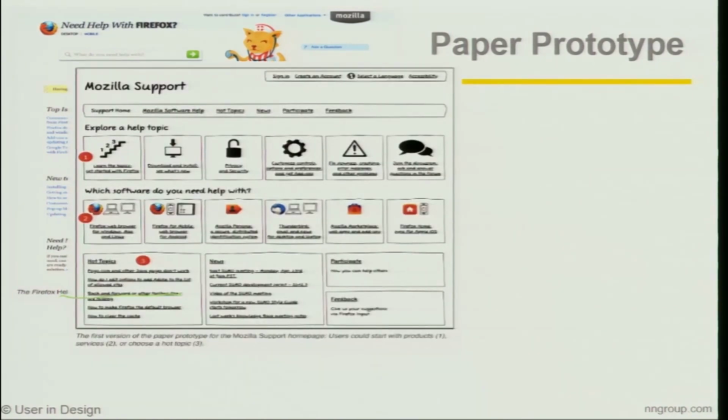This is one of the first versions of the paper prototype, right? You can see how it has much more white space, much cleaner, seems much easier and not as overwhelming as this one. And then this was one of the next revisions, a later iteration for the home page with some more details on each of these. And then this was an early HTML design after they were somewhat comfortable with the design, and then this is how the support page finally launched, as it launched after the redesign. So it gives you an idea of the progression that the design went through.